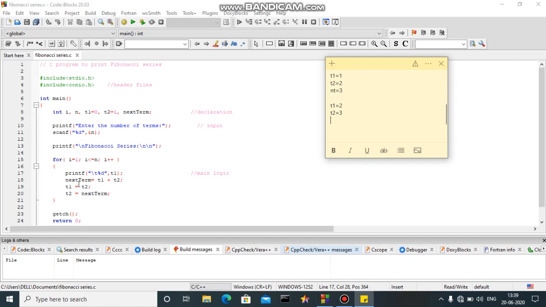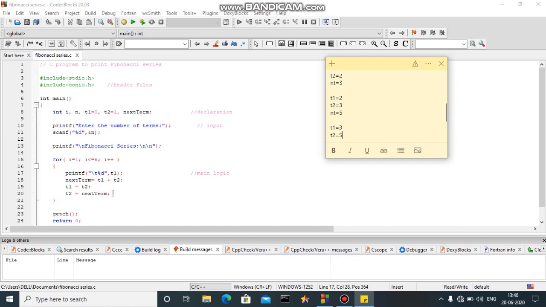Calculating the next term for next iteration will be 2 plus 3, that is 5. Again initializing the values, t1 is equals to current value of t2, that is 3. Then t2 is equals to current value of next term, that is 5.